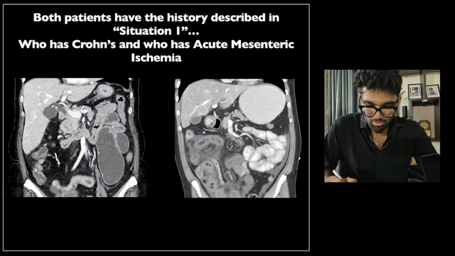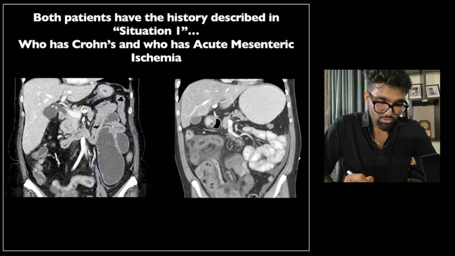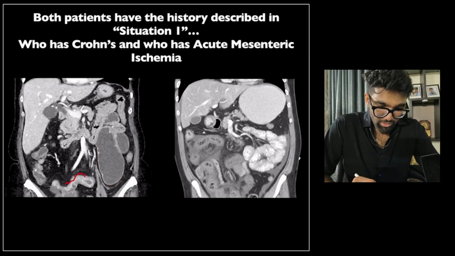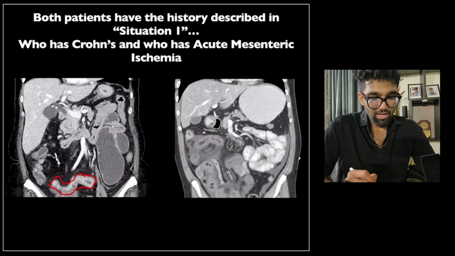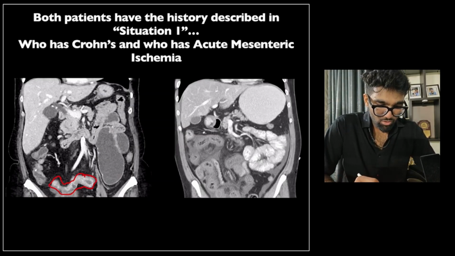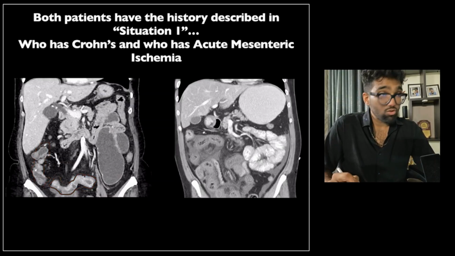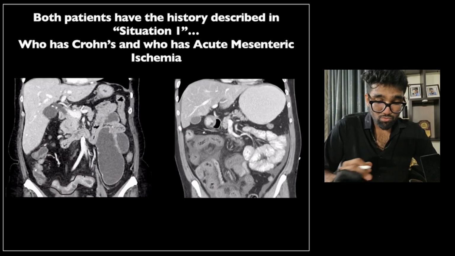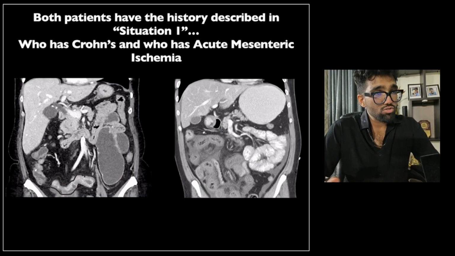So, let's analyze. You can see that there is very grossly dilated bowel here. There is some thickened bowel here in the right lower aspect of the intestine. And actually, this is the ileum, so it is affecting the ileum. There is also involvement of some part of the ascending colon. So because there is long segment involvement of the ileum, we would think Crohn's disease is more likely